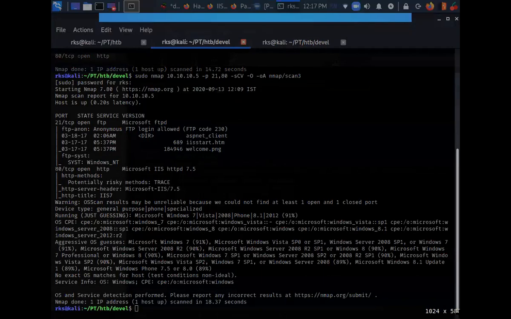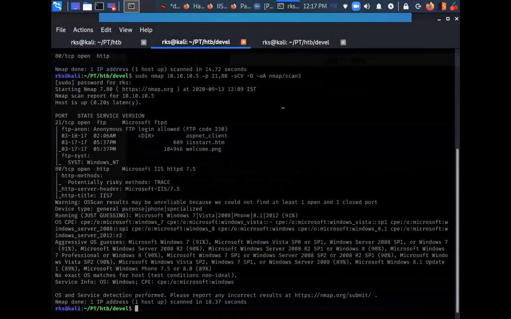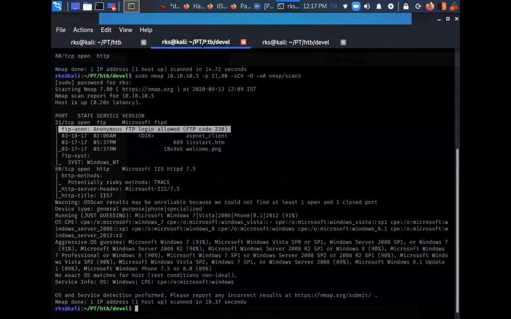Before taking a screenshot, let's first try to observe something here. So certain key things to observe in our nmap output. One thing is FTP anonymous login is allowed.